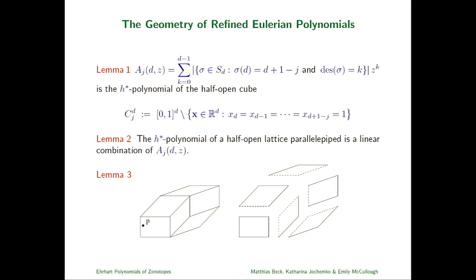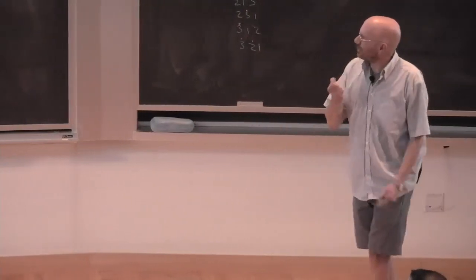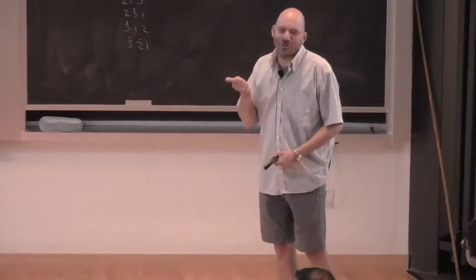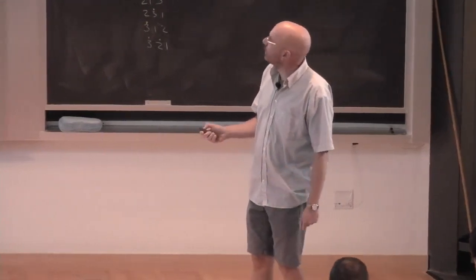Every zonotope has a natural decomposition in terms of parallelepipeds. And now what we want is a half-open decomposition where this union over here becomes disjoint. It turns out arithmetically what you want is exactly these refined Eulerian polynomials. So that's your question from 5 minutes ago. These extreme rays belong technically not to zonotopes, but to half-open zonotopes, namely half-open